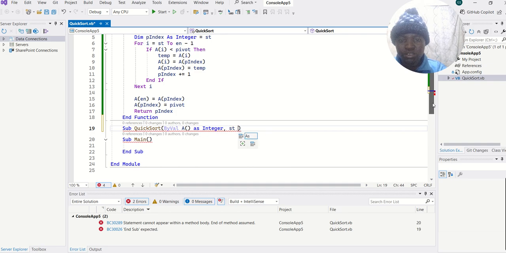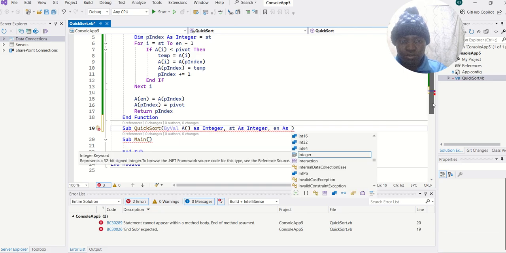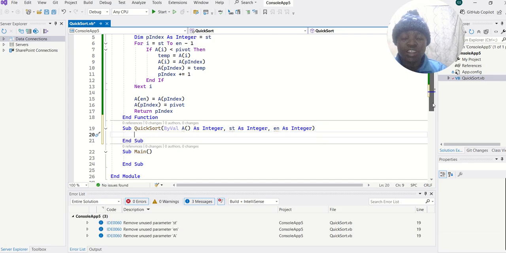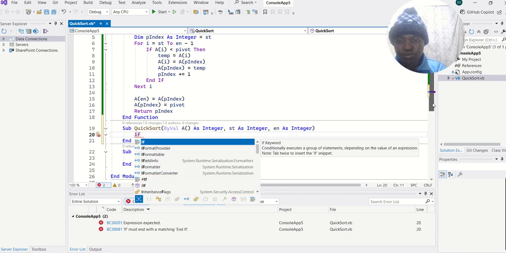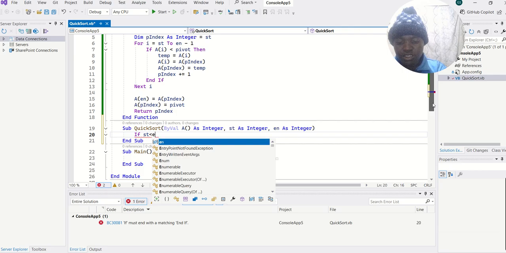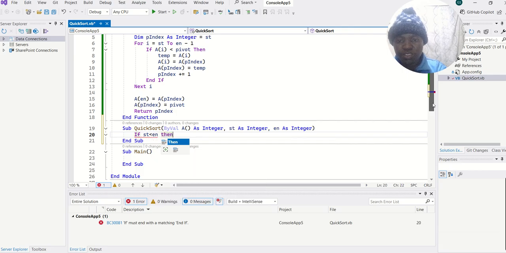Then st is integer, then en is integer. Yes, right. This is a subroutine, so that's the recursive now. So we are saying if st is less than en, then